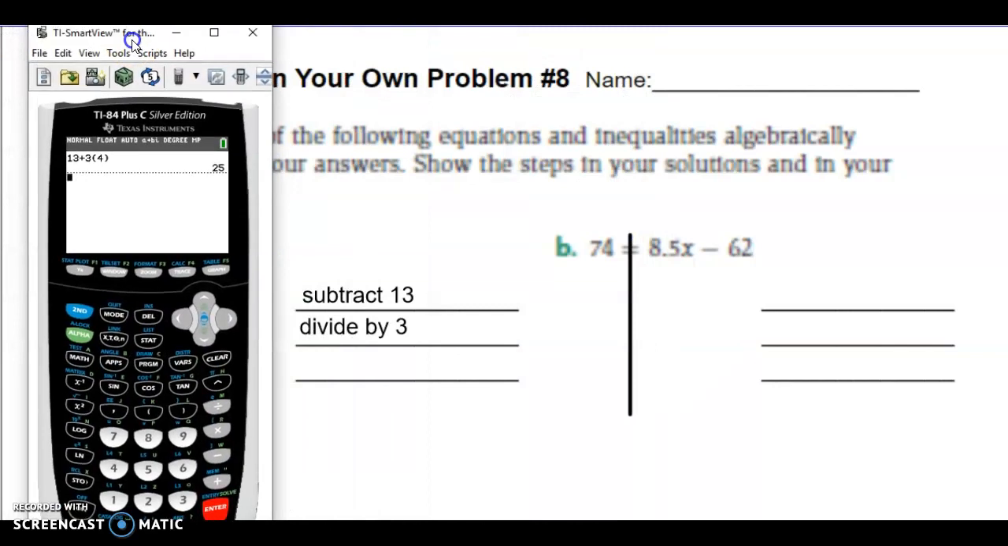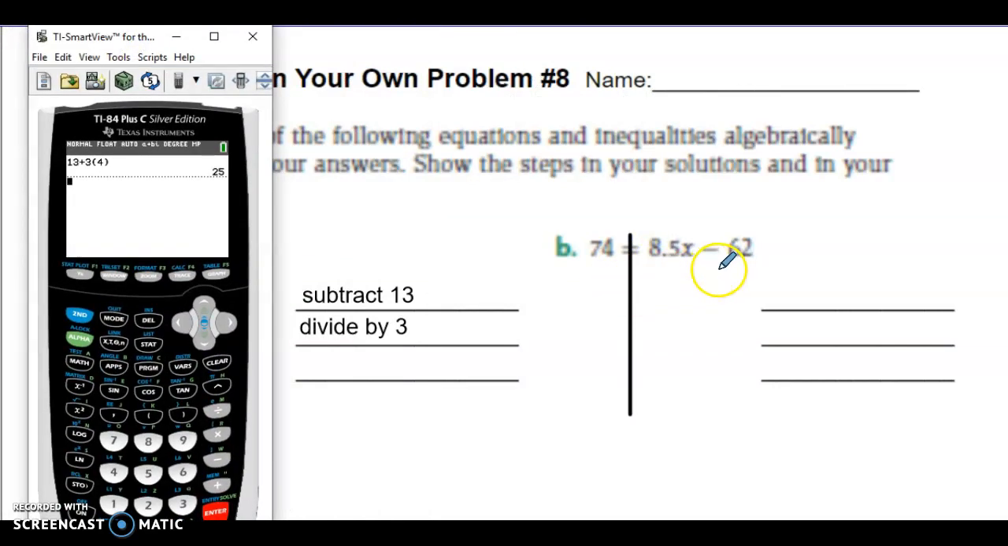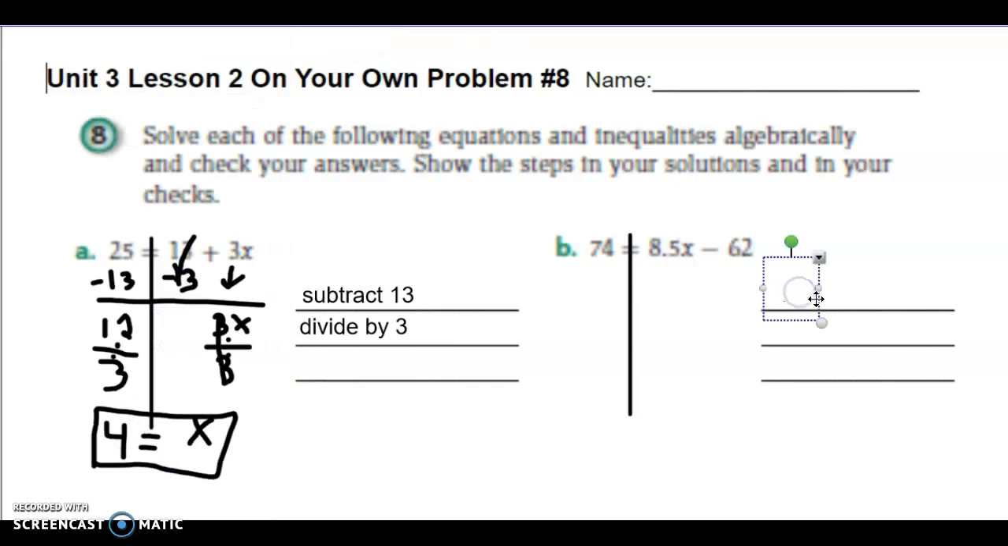For our next problem, we have 74 equals 8.5x minus 62. We're going to start by undoing this subtract 62, and the way we undo a subtract 62 is to add 62. So on both sides we're going to add 62. That's going to look like plus 62 on this side of the equation and plus 62 on this side. Now you want to make sure you keep your like terms together, so you would put this 62 underneath the opposite of that. That goes away. You're going to copy down your 8.5